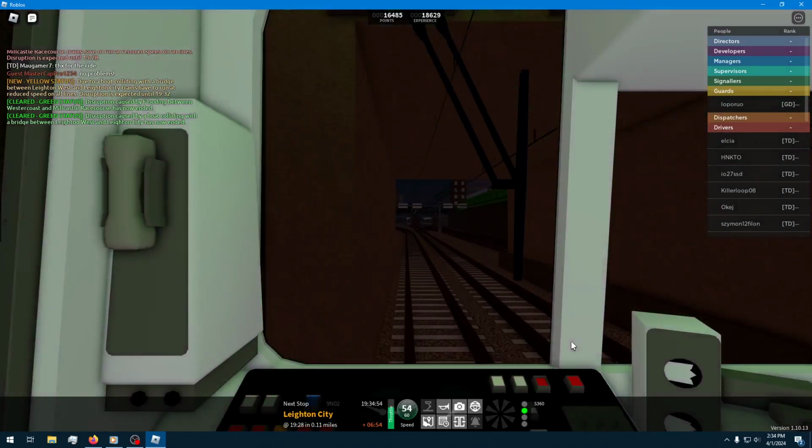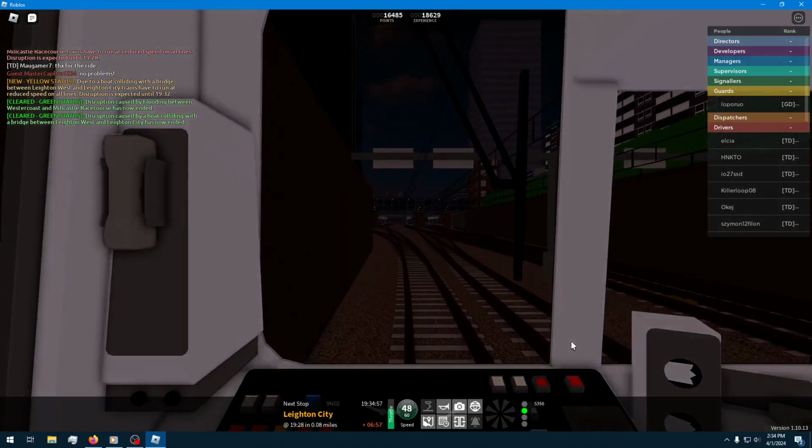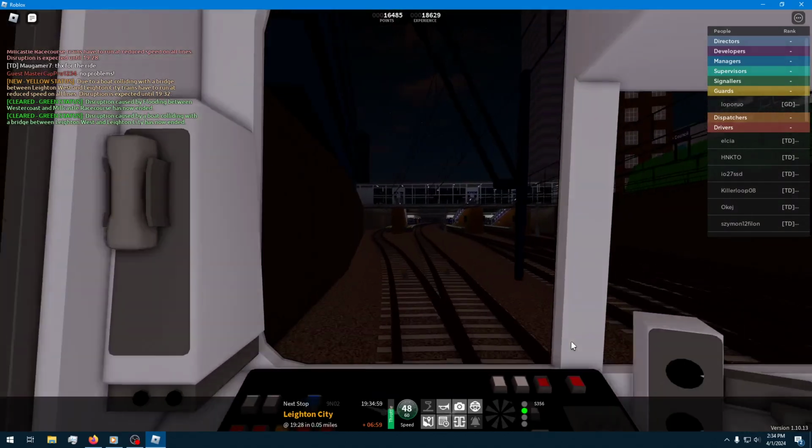Change here for trains to Leyton West. Based on the daily morning day